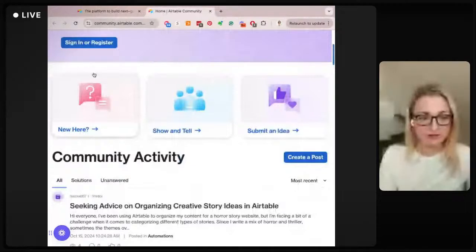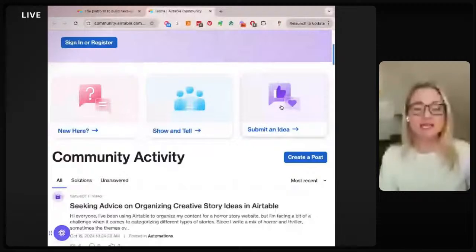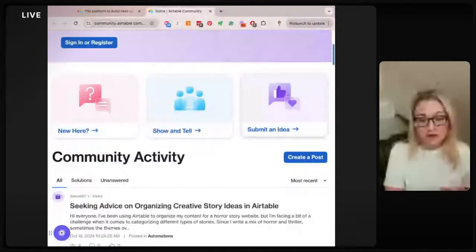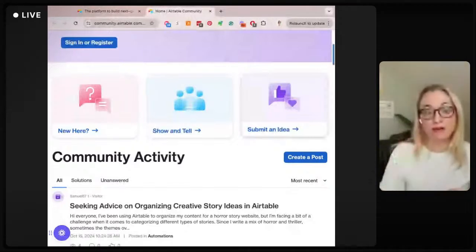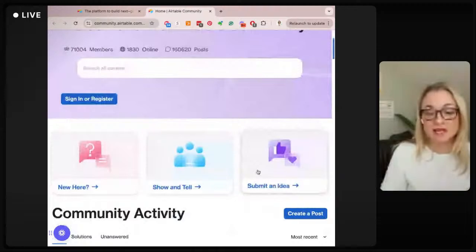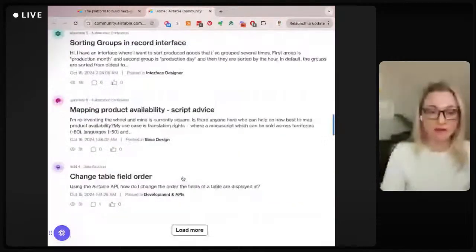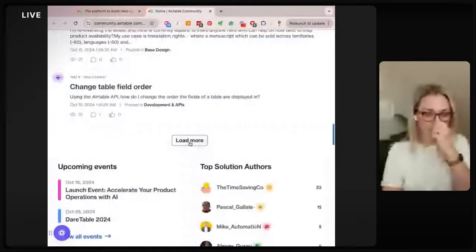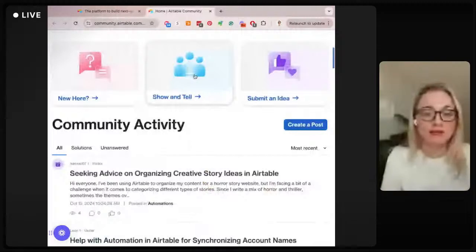I love, see what they have here is they have 3 sections. You will have seen me talk before in other videos about radical simplicity in your community and the importance of having no more than 3 main areas to organize activity, especially when you're just getting started. So that's exactly what they have here. They have 3 main areas. Now they have more. This is like a big waterfall of content here, I assume, that you can just keep hitting load more on. But they have these 3 main areas, and this is exactly aligned with what I would recommend as well.